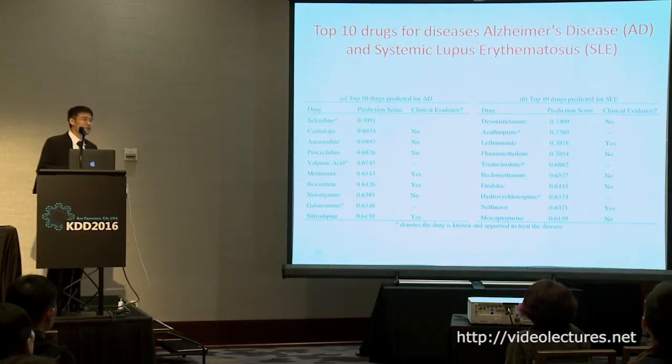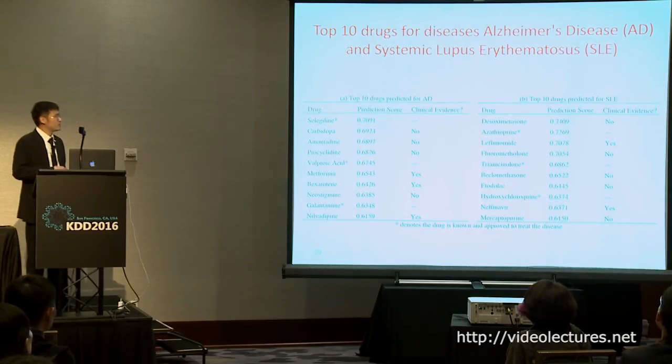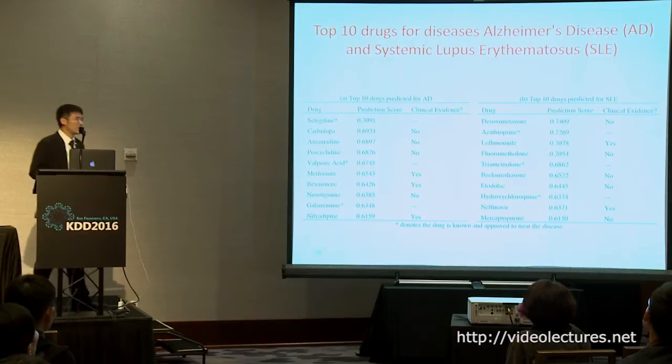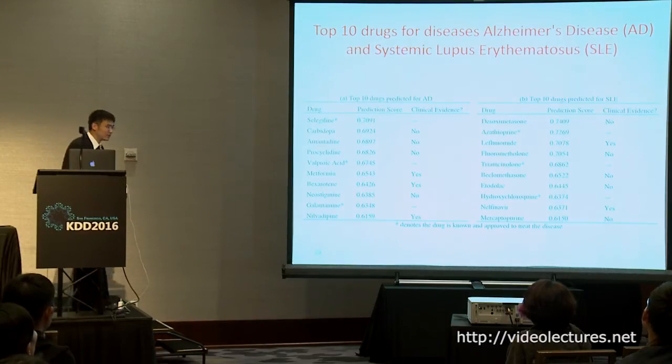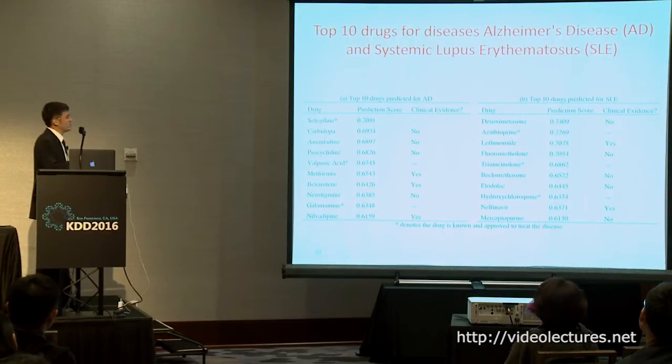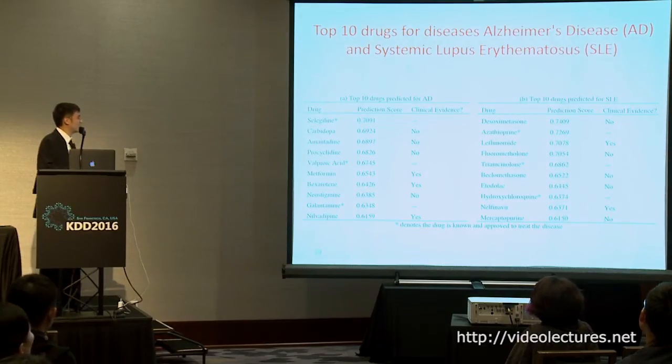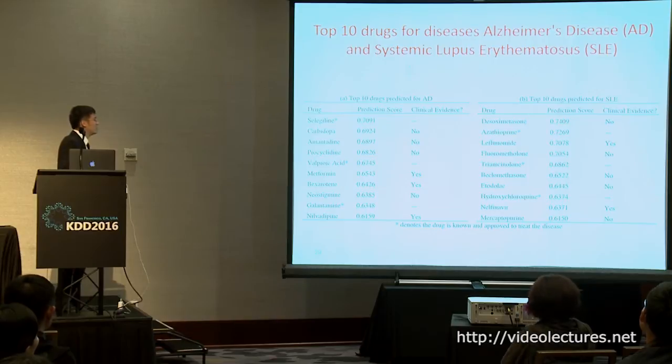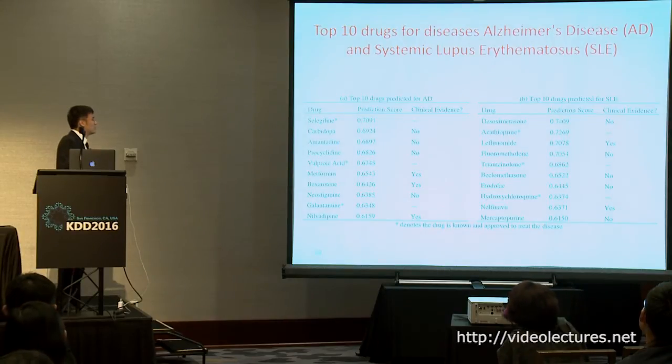So how do we use the algorithm to do drug repositioning? Since what we want to do is drug repositioning, we really want to predict which drug can treat some disease. So in the results part, we use the leave-one-disease-out algorithm. We just assume there is no treatment for one disease, like Alzheimer's disease. And we make a prediction, and it's a ranked list from higher to lower. What we find interesting is that our algorithm can correctly retrieve some well-known treatments for AD,